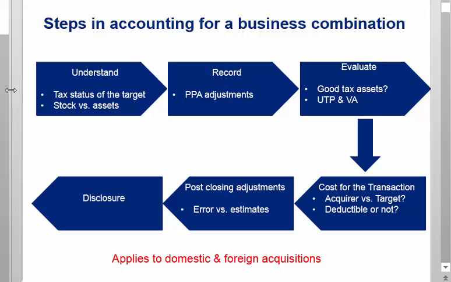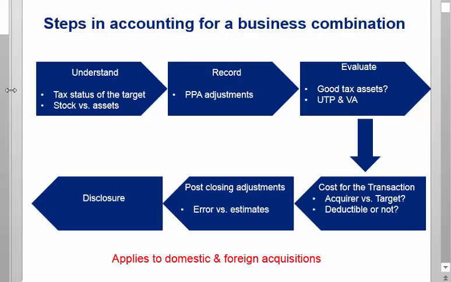So we have to figure out, are those good losses? Can we use them? Are they limited? Do they disappear in the transaction? So we need to figure out, in addition to the whole purchase price allocation, what other tax-only things do we care about? NOLs is an easy example. And then let's say that